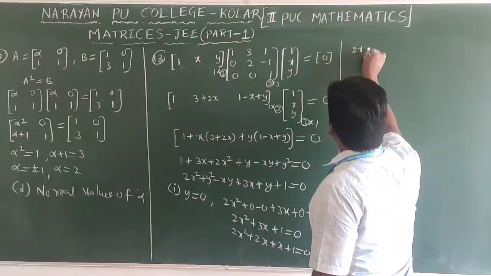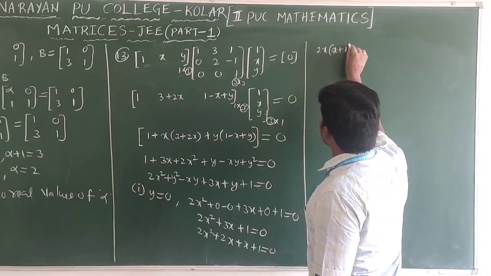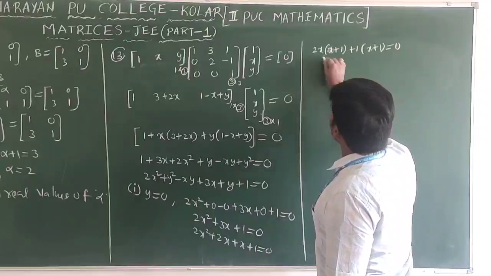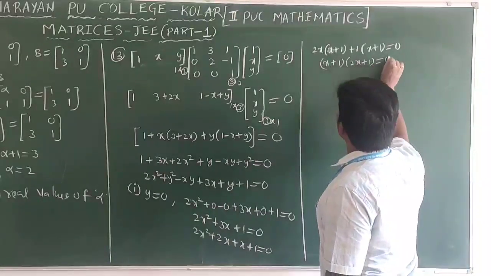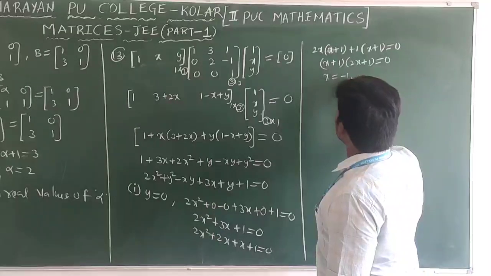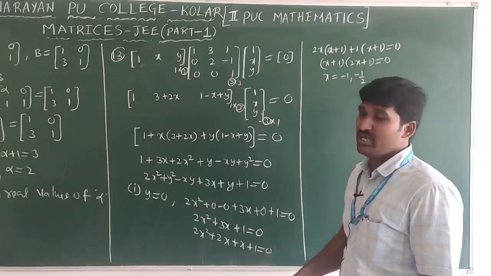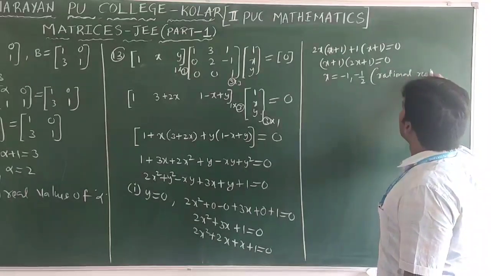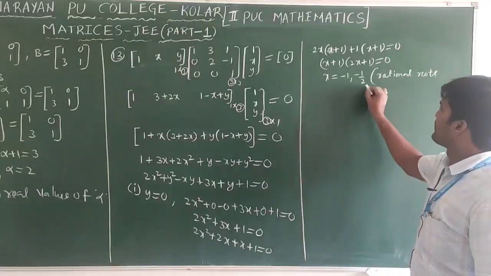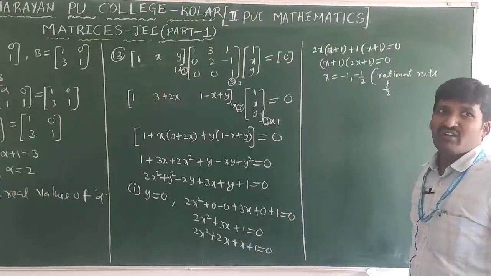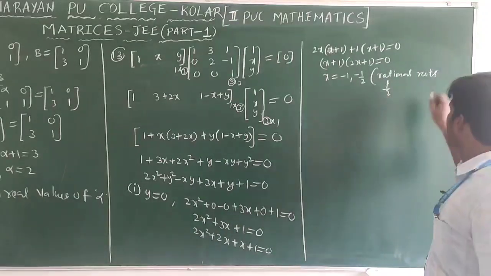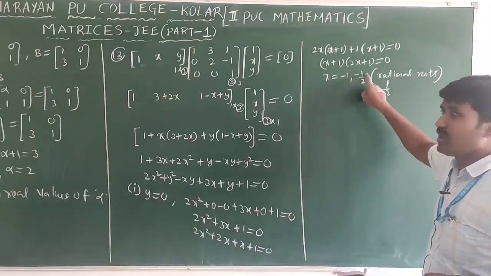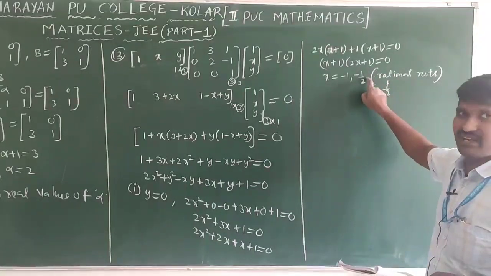From these, take 2x common from the first two terms, what you will get? x plus 1. Next take plus 1 common, plus x plus 1 equal to 0. Now x plus 1 into 2x plus 1. One x value is minus 1, another x value is minus 1 by 2. These numbers are clearly rational roots, because clearly they are in the form of p by q, where p and q are integers. Integral roots means we need exact integer values, but here we got minus 1 by 2 also, and that is not an integral value.